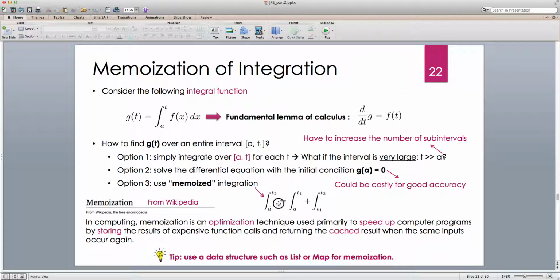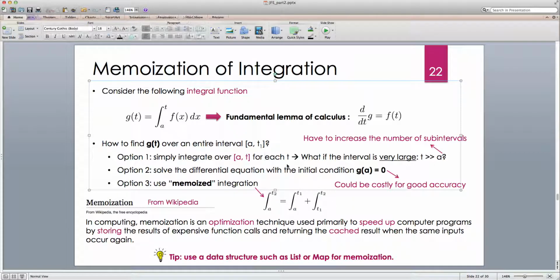It means that if I want to calculate this integral at some point t2, and I have already calculated from a to t1, where t1 is less than t2, I can reuse that value and only calculate the integral from t1 to t2. And if this delta t, basically the distance from t1 to t2, is small enough, I can use a 3-point or 5-point Gauss-Legendre method to calculate this extra integral accurately,